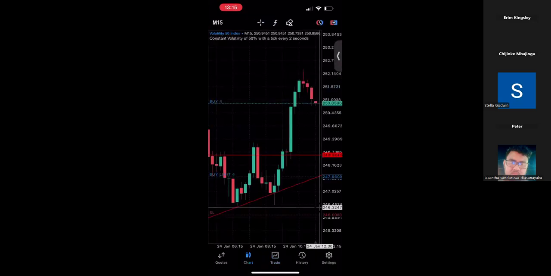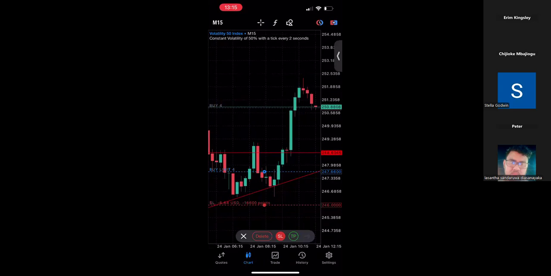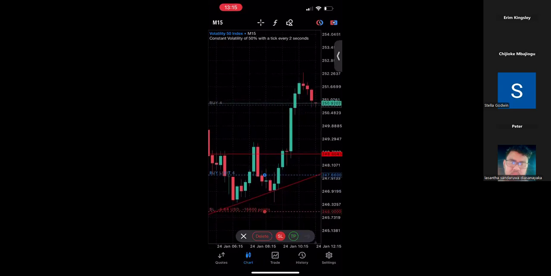Now you can see this, your stop loss is below. If you don't like it, you can drag it like this. If you touch it, you see that your stop loss is just $6. So it's not big money to risk. It's just $6. You can even drag it down, or if you want, drag it up here.